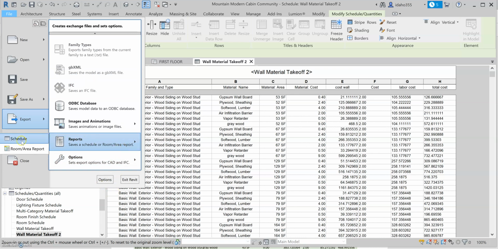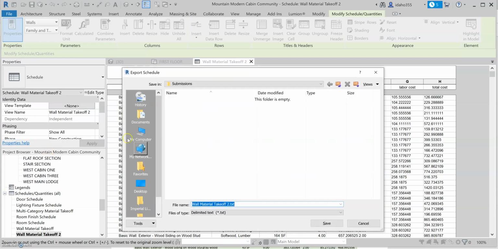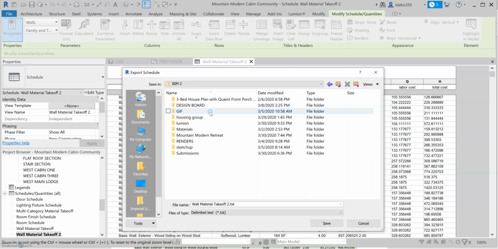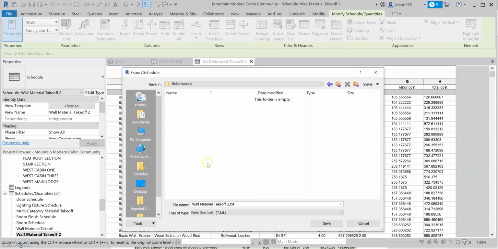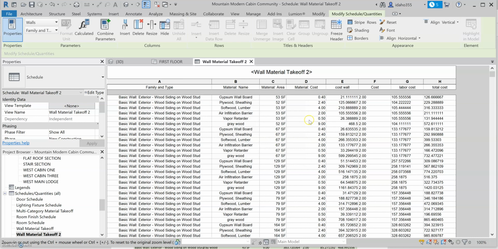Okay, reports, and then you'll click schedule or the room area, whatever is more appropriate. So then you're just going to navigate to where you want to save this data, and I'm just going to put it here. So once you've done this, this will come up. You'll just click OK, and then you're going to want to open Excel,